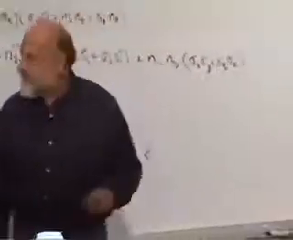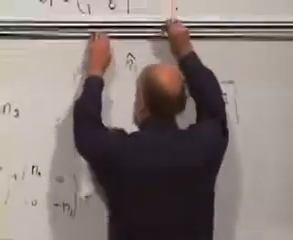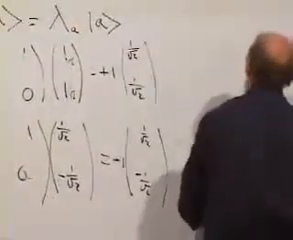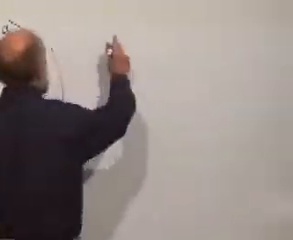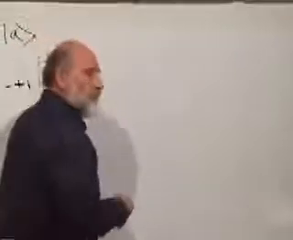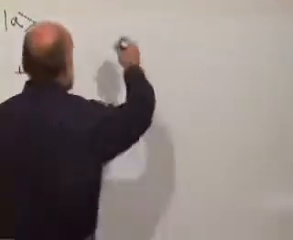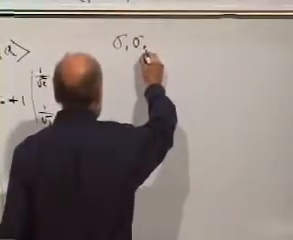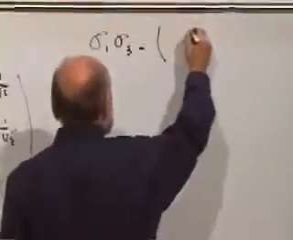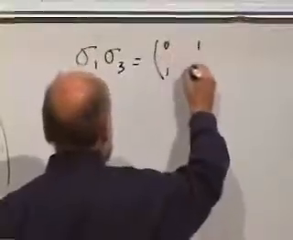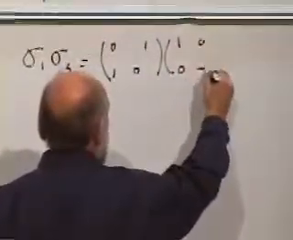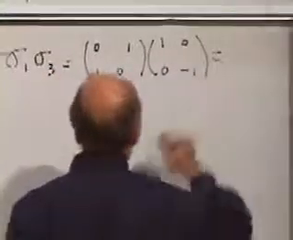We have 3 minutes. Let's do one case, one case for fun. I'll avoid imaginary numbers by doing sigma 1 and sigma 3. Sigma 1 times sigma 3, what's that? That's equal to (0, 1; 1, 0) times (1, 0; 0, -1). And that's equal to, let's see,